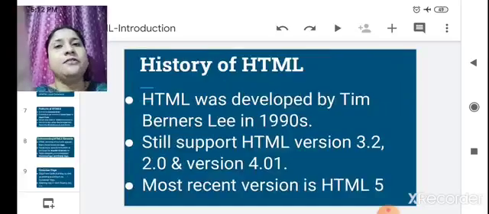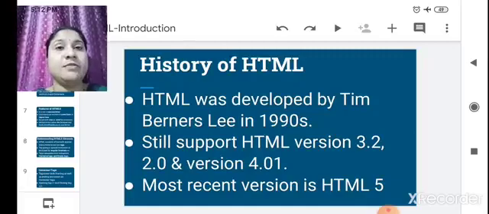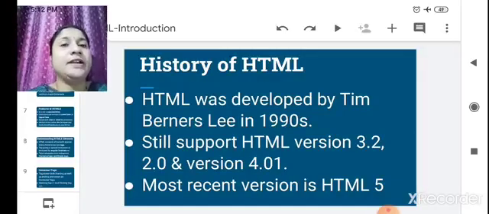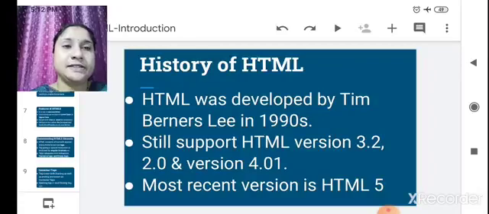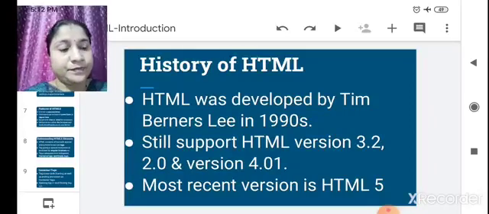Now we will see the history of HTML, that is, who developed it. HTML was developed by Tim Berners-Lee in the 1990s. HTML has gone through several versions.